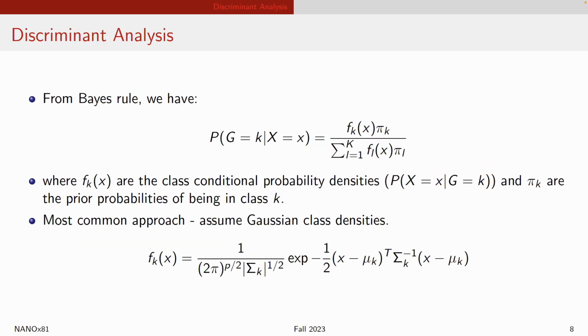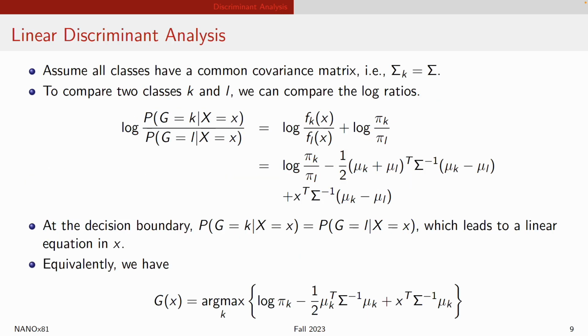So in what is called linear discriminant analysis, another assumption is made, which is that the covariance matrices are all the same. So in other words, no matter which class you are in, you have essentially almost the same standard deviation, okay? That's the way that I'm going to describe it, right? And if you have the same standard deviation, what we can do is that now if you want to decide is something in class K or class L, we can look at the posterior probability of